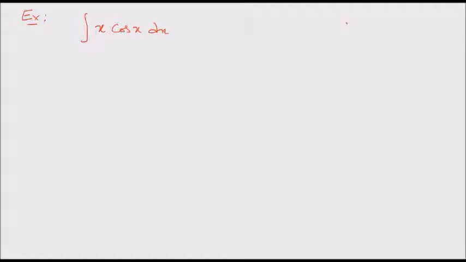Now, first point of working: x is an arithmetic function, so I'm writing it as A. Cos x is a trigonometric function, so I am writing it as T. As per ILATE, A is before T, so A is to be taken as u and T is to be taken as v,